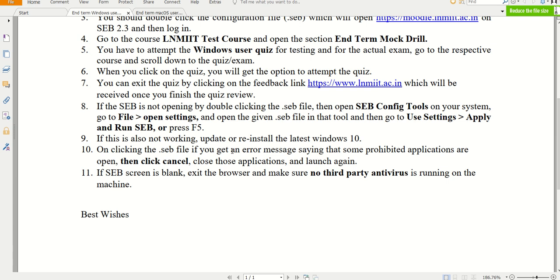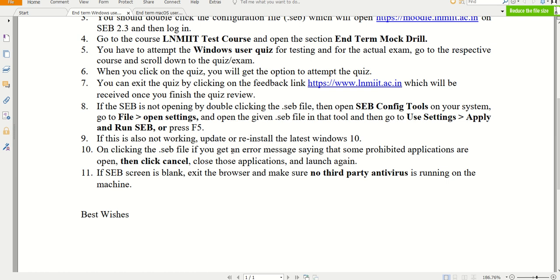In that case, in Safe Exam Browser, on the bottom right side there is a refresh button. You can press that, or simply press F5, and the page will reload. If the internet is fine, it will be reloaded. No data will be lost. Only whatever you have written in the last 1 minute can be lost at maximum.